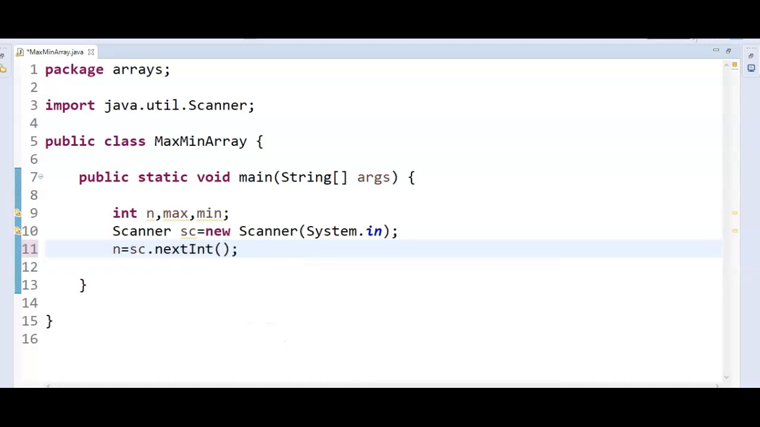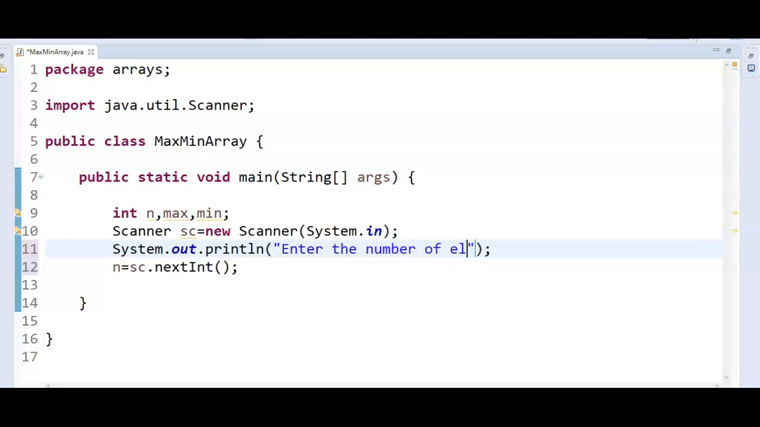n equal to sc.nextInt. So here System.out.println, enter the number of elements in an array. Okay,